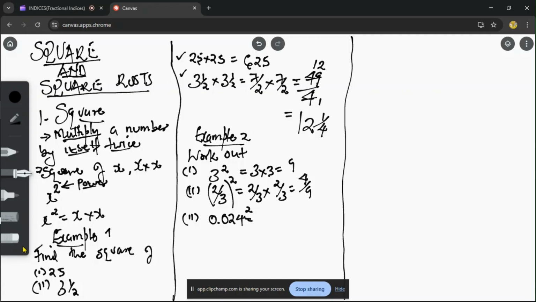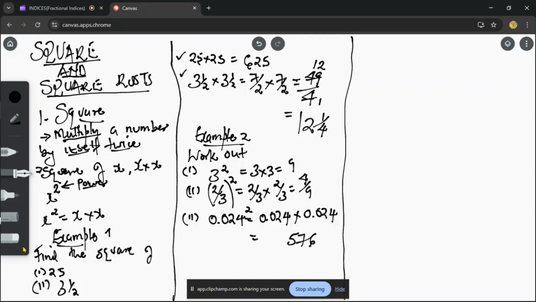The same case to this one is just a number by itself. So whatever I'm writing here is what I'm writing here. So I'll come and say the number here is 0.024. I multiply by itself, 0.024. So my answer will be, if I take 0.024 multiplied by 0.024, this is the same as if I take 24 multiplied by 24, will give me